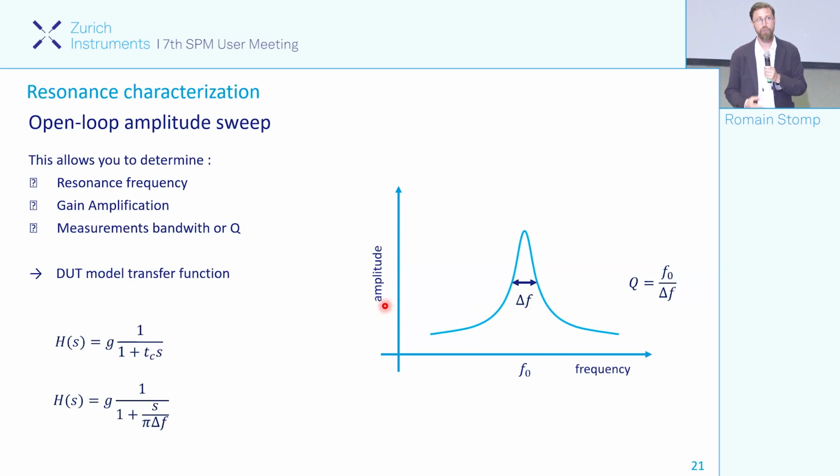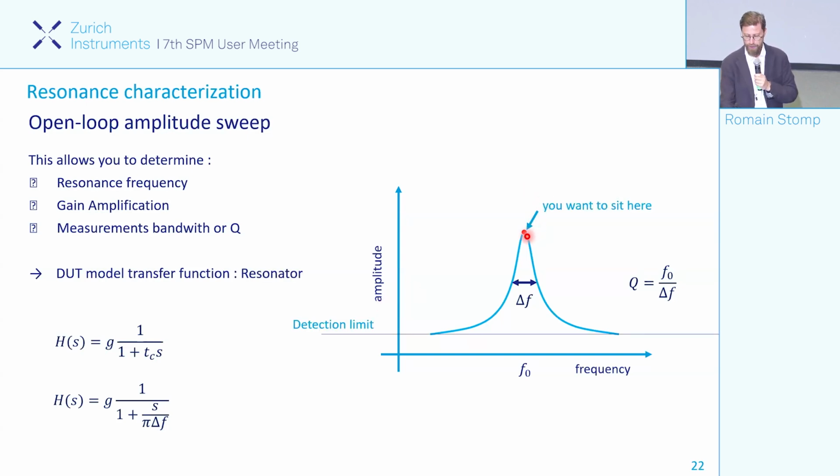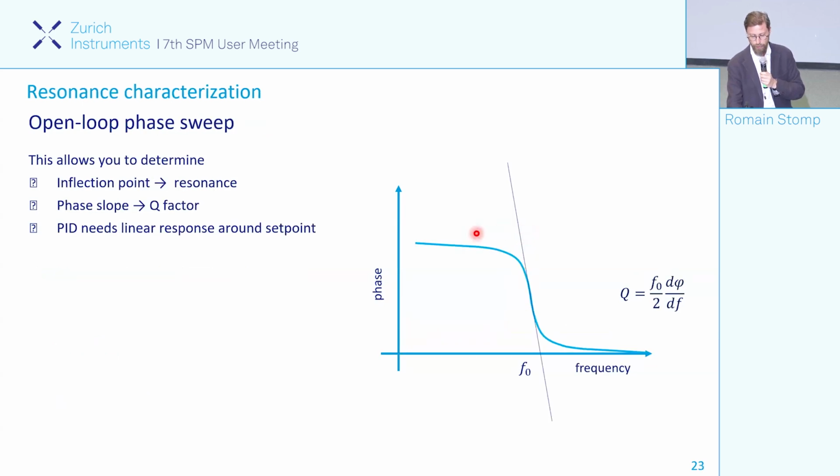But now if you would like to close the loop on such a resonator, it would be difficult. Of course you want to sit here, but it's very difficult because the slope can change if you go on the left-hand side or on the right-hand side. Ideally, you would just want to control up and down, and be well away from the detection limit here. That's also why in tapping mode, for instance, people actually go more into this area, because it's not possible to close the loop on the amplitude right away. On the other hand, the phase is much better behaved, because you can actually fit a nice